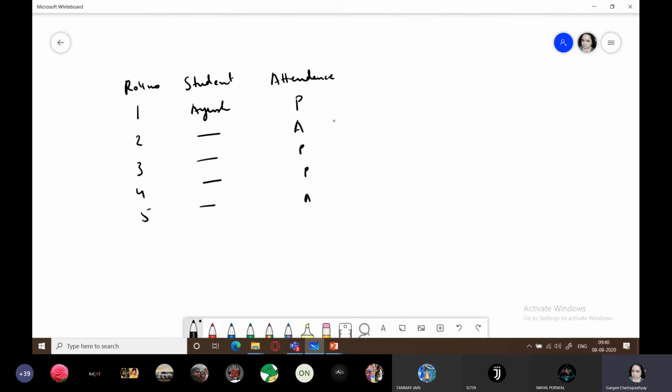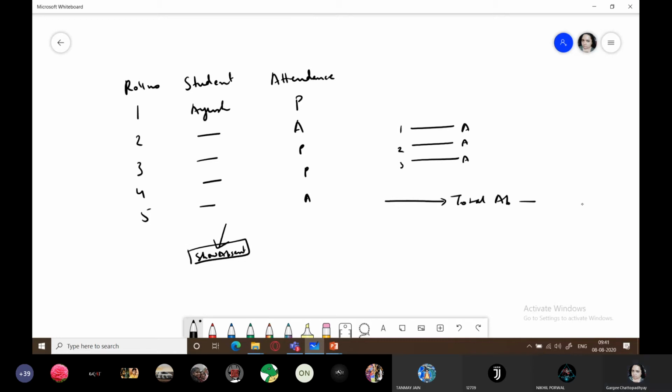So now what happens? Just with a single click, there is a button which shows absentees. The moment the teacher clicks on this button, it shows the list of all those students who are absent. 1, 2, 3. And it will also print at the end the total students absent. How many? 3 students were absent. So just with the click of a button, students, actually I won't tell you. Okay, this is a secret.